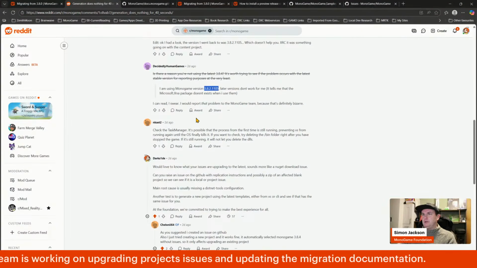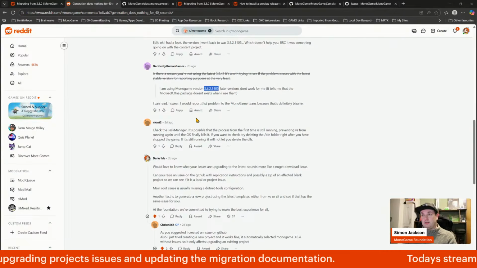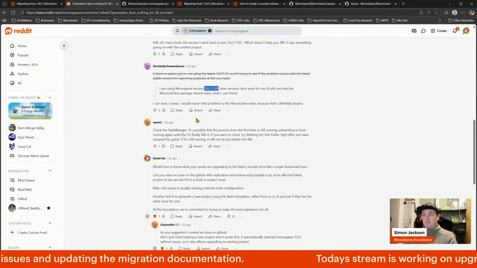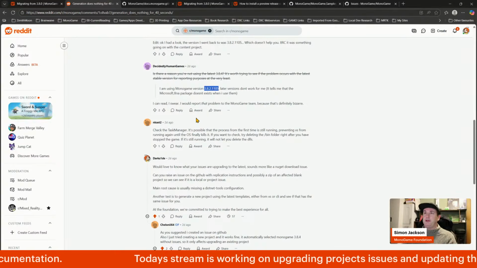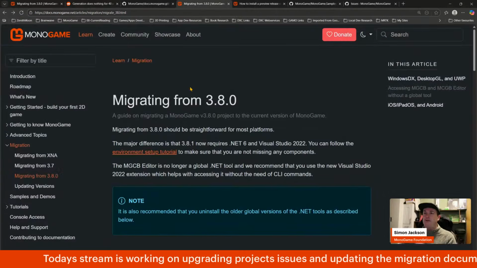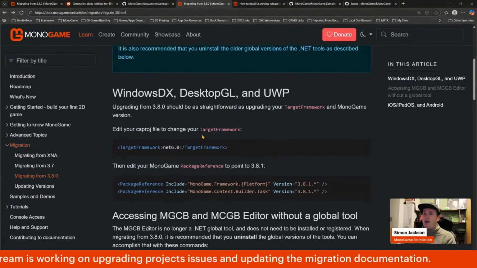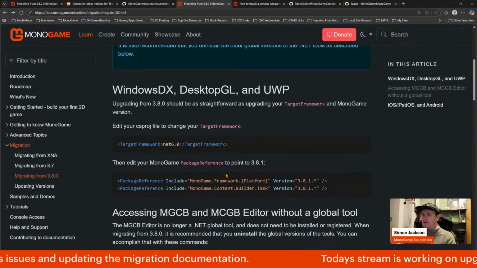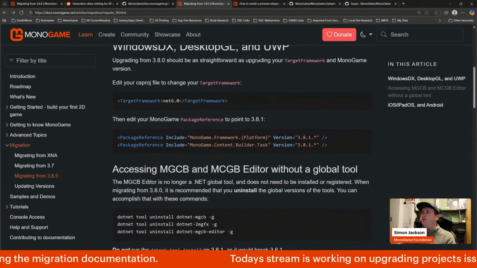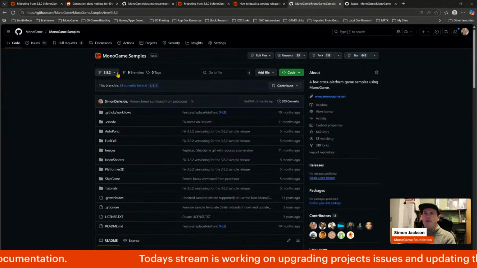So if they've got an old project and they've updated to 3.8.2, maybe there's the issues, a case of upgrading from 3.0. So if they've not followed this guide specifically, which talks about changing the net targets and also this, because if we look back, if I remember rightly, okay, so